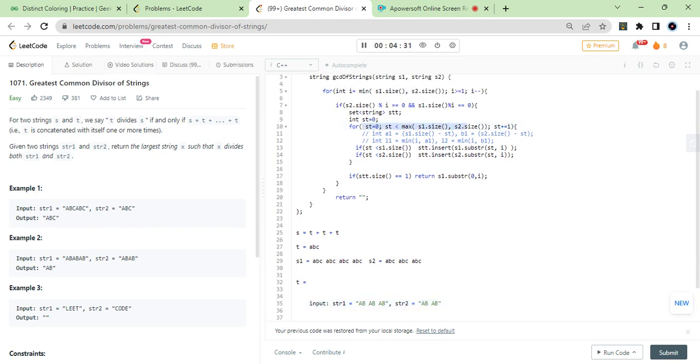So ST is the starting point. You can have multiple starting points. First you have a starting point as index 0, then you have a starting index at 1 to 2, then 3, and then 4. So this is also increasing by the same length, and then selecting the string which is s1 dot substr starting point and the length, and